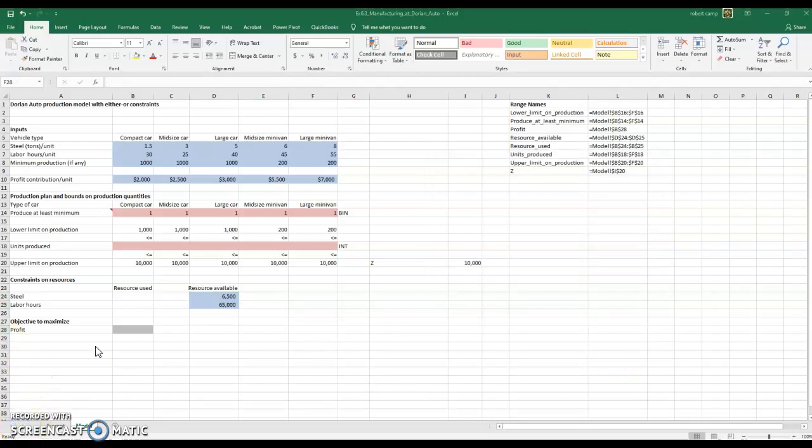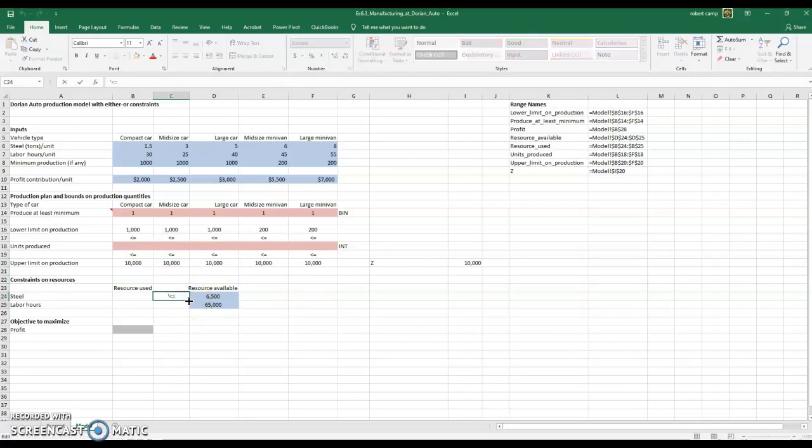Okay, so now we've got the formula set for what are going to be our production limits constraints. So let's just quickly put together our steel and labor hour constraints. So actually, we'll just center everything here. It's more a looks thing for myself. I like having the stuff centered when I'm doing this. So our resources available, whatever we use has to be less than or equal to whatever is available. So we'll just put